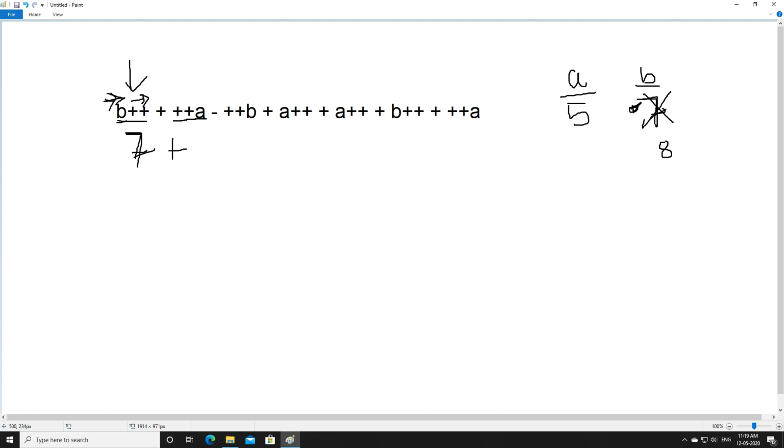We have plus plus a here. What is plus plus a? It is pre-increment. So in pre-increment, first the plus plus sign comes, for which we have to increase the value of a, that is 6, and then we can use it. Then the value of a can be used. Minus plus plus b, again we are using pre-increment here. Because of pre-increment, you can see from left to right, when we move, the plus plus sign comes, for which we have to increase the value, that is 9, and then we can use the value of b. And what is the b value right now? It is 9.